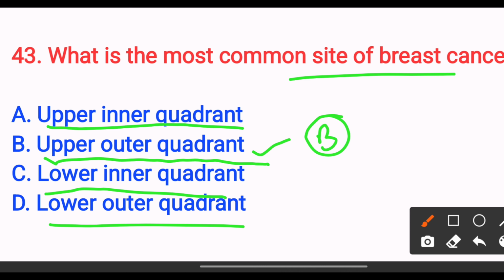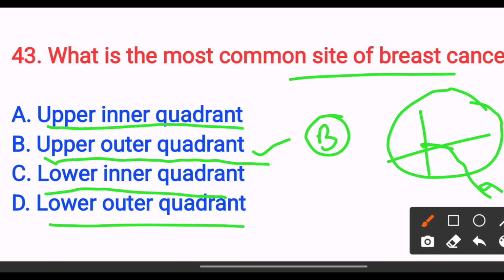Most breast cancer is in the upper outer quadrant. Upper outer quadrant is the most common site of breast cancer. Most breast cancers originate from the upper outer quadrant because of the high density of glandular tissue. In the upper quadrant, there is a high density of glandular tissue. So the answer is option B, upper outer quadrant. Next,